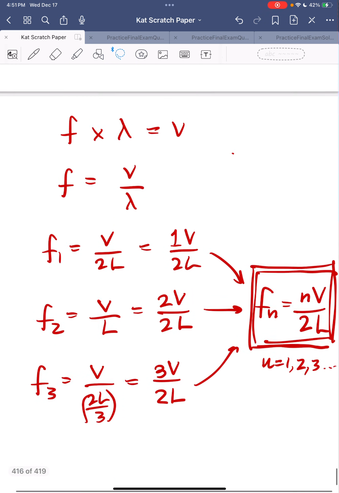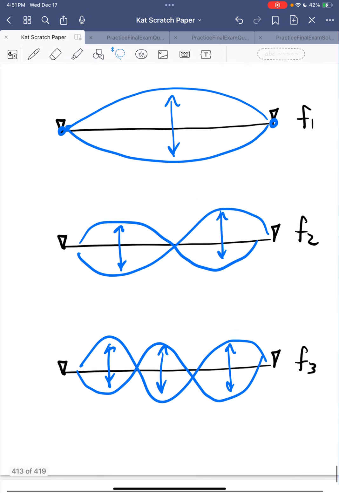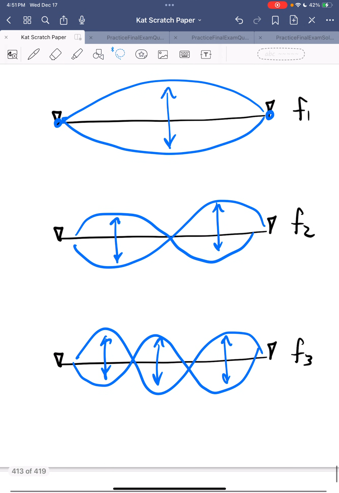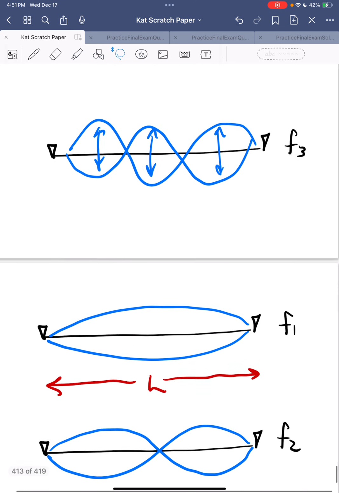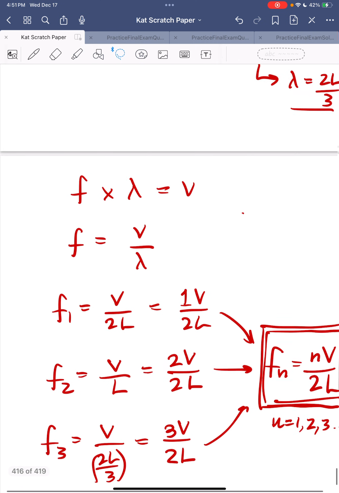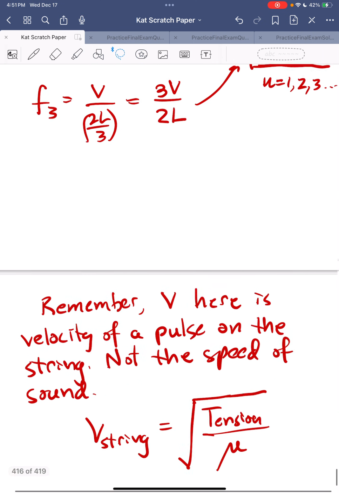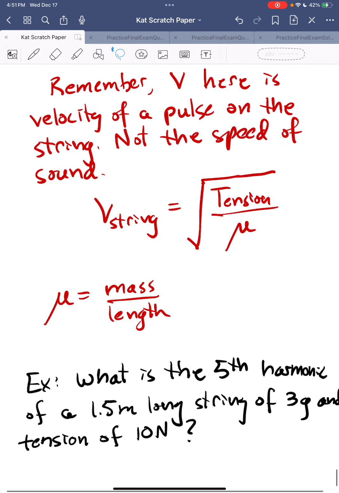Just to summarize, what we've talked about is how you can get different modes, frequencies, or harmonics on a string that's pegged on both ends. Using this setup, we can calculate what the wavelength is relative to the length of the string, and from that we can get the different frequencies. And then we remember that the velocity of the wave on the string is given by the square root of tension over the mass per unit length. Hope that